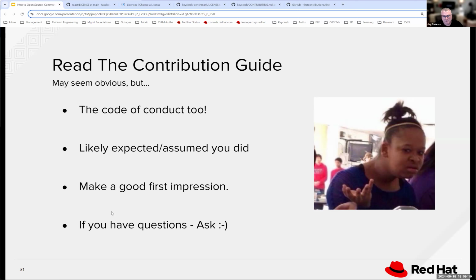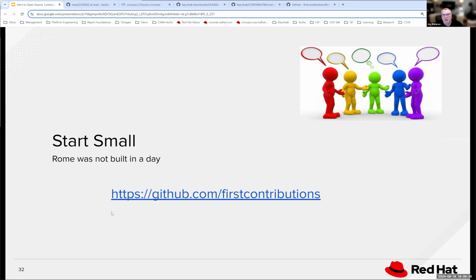Just like any new community, you want to be welcoming, you want to be curious, you want to work with them. And most communities, especially good communities, if you have a question, ask. Hey, I'm new here. How do I do X? Right? That type of thing. Most good communities will be happy to have those questions come up or point you in the right direction.